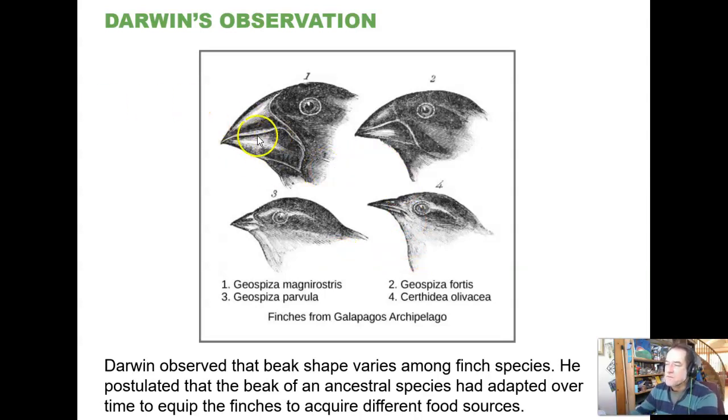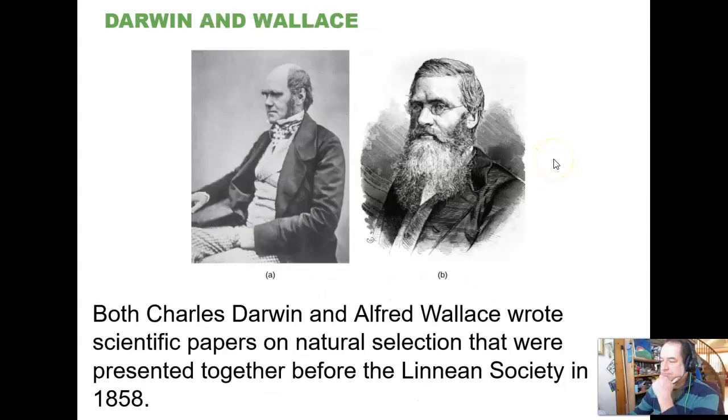And these guys are going to be adapted for eating really, really tough seeds, while these guys are going to be adapted for picking tiny little, very delicate seeds, or even going after insects and things like that, and various other specialties. The food birds eat is telegraphed in their beaks, because they're highly varied based on what they are adapted to eating in their environment. All right. A couple of names you want to know.